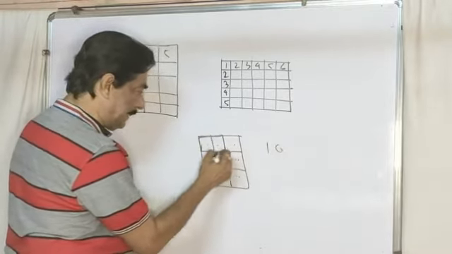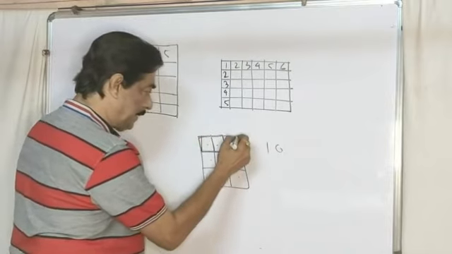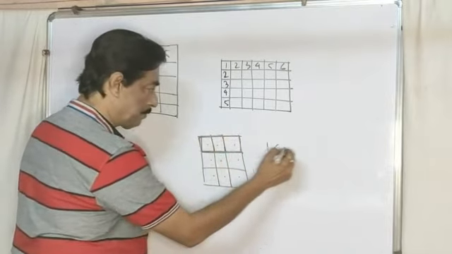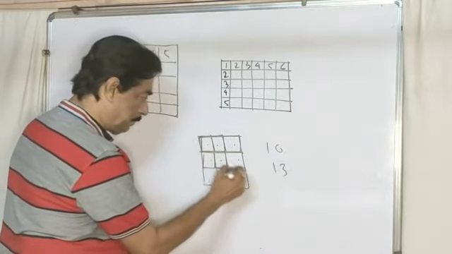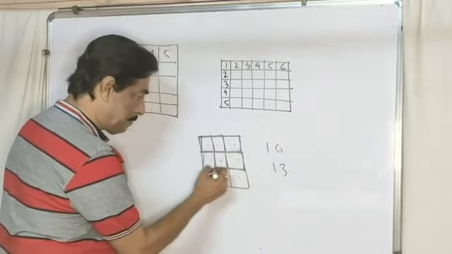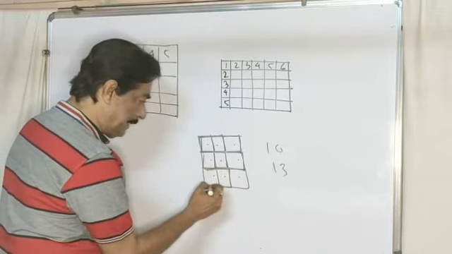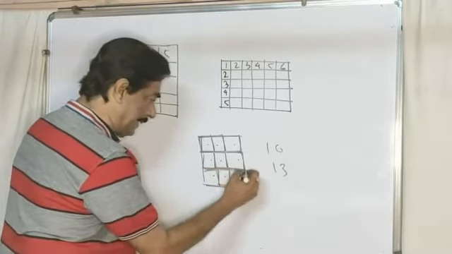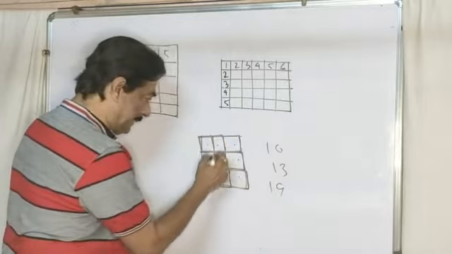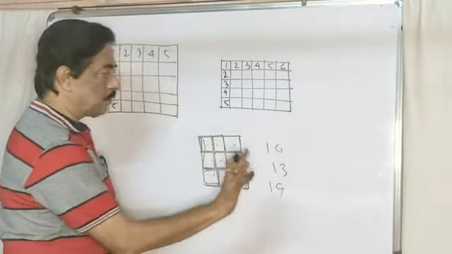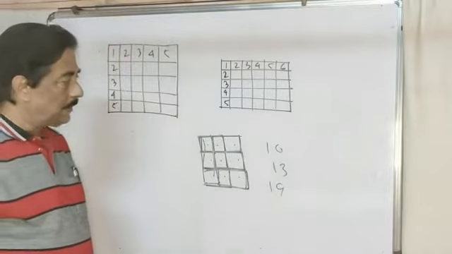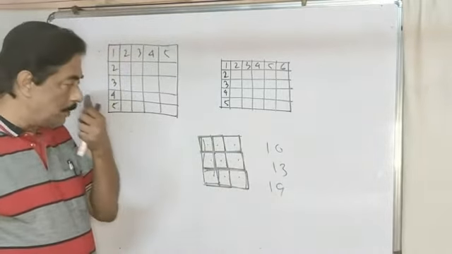If I say this is 11, this is 12, this is 13, 14, 15, and this is 16. Similarly 17, 18, this is the 19. If I say this is 20, then 21, then 22, you cannot consider it. So these are the process. You have to count how many rectangles are there.